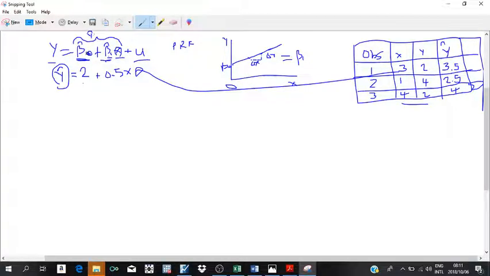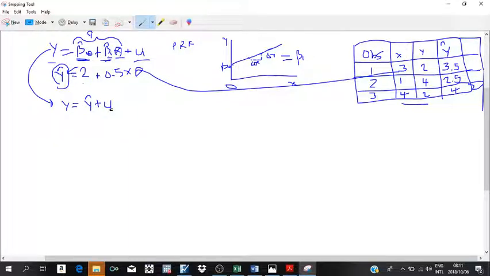This is all we needed to get this. So we can rewrite this equation as y is given by y-hat plus